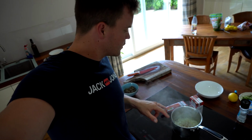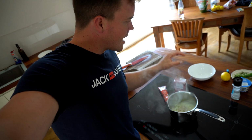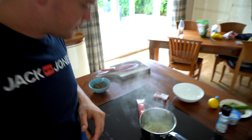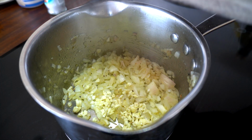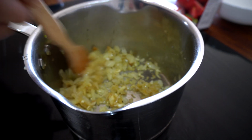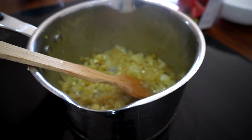So what I'm doing here is making sure these shallots are nice and soft, and then I'm going to add in the tomato puree, the chopped tomatoes, and also some of the herbs and spices. There's also garlic that goes in it. I just missed that out. Okay, now these onions are all softened. We're going to add the chopped tomatoes,